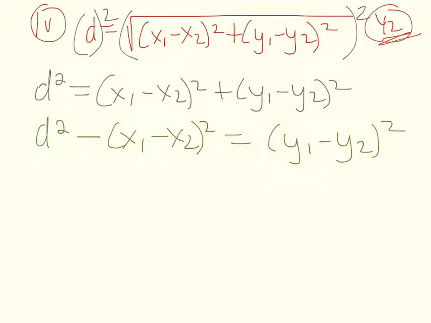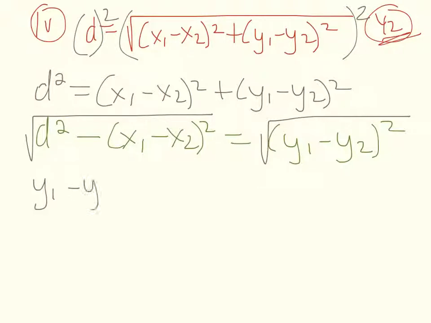squared. And so from here, what we need to do is get rid of the pesky exponent attached to that (y1 minus y2) so that we can isolate for y2. So I'm going to square root both sides of the equation. And so now I'm just going to flip the order of what the equation looks like. So now we have y1 minus y2 is equal to the square root of d squared minus (x1 minus x2)